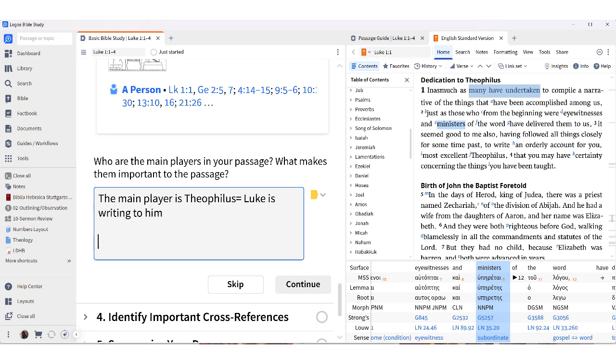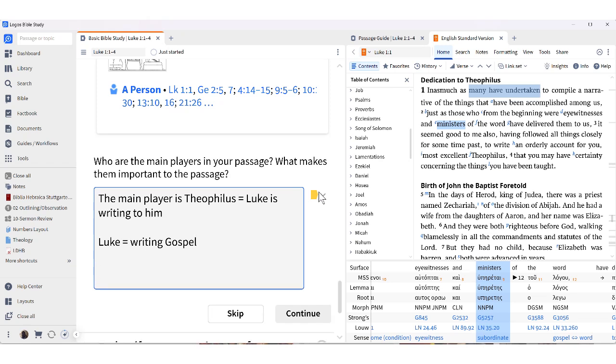I think that another main player is Luke here, because he's writing the gospel here. And when I'm talking about a main player, it's the focal point. And we can also say the sub players or the subordinate players. I don't like that, but other players